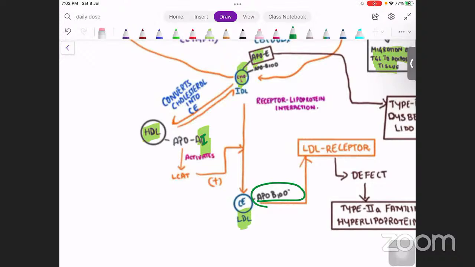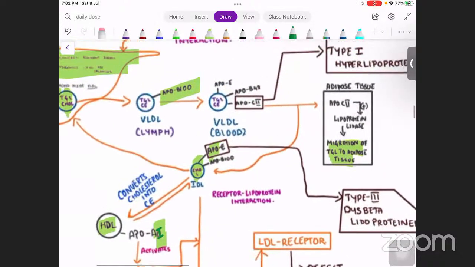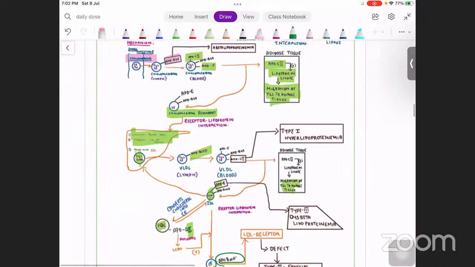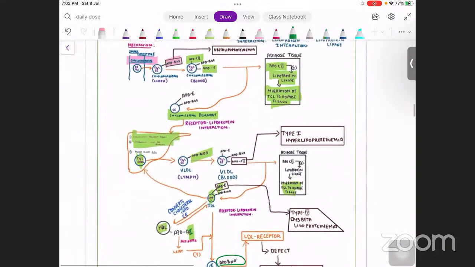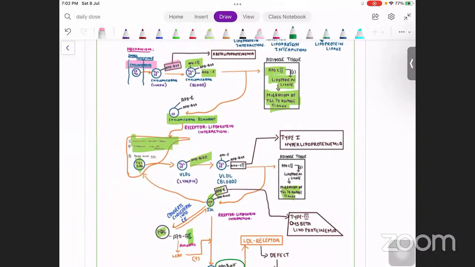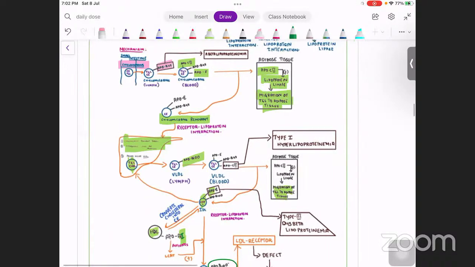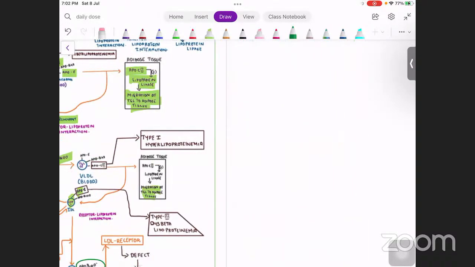So now we are going to talk about the Fredrickson classification of hyperlipoproteinemia. So far, we have done the apoproteins and lipoprotein metabolism. So what are the things we can write in lipoprotein metabolism? What is the function of ApoB48? It transfers chylomicron from the intestine to the blood,